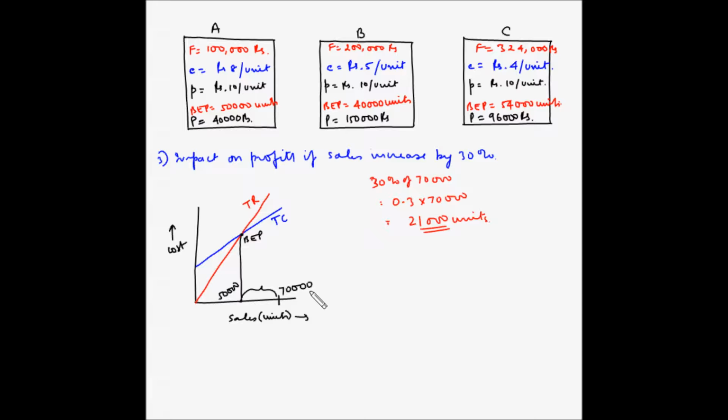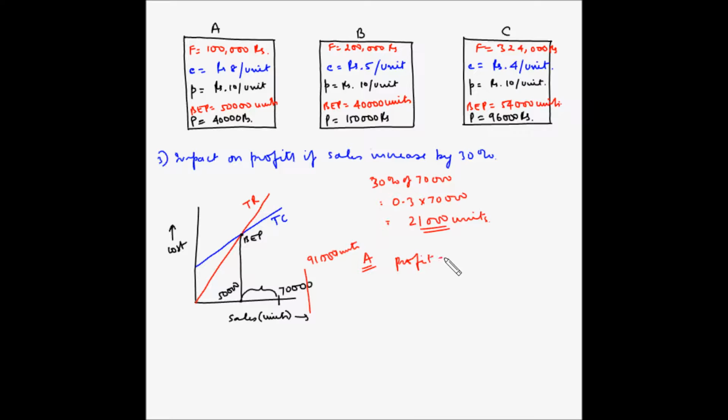So the new sales is now 70 plus 21, which is 91,000 units. So now we have to find out what is the impact on the profits if each of these companies is selling 91,000 units. So for firm A,